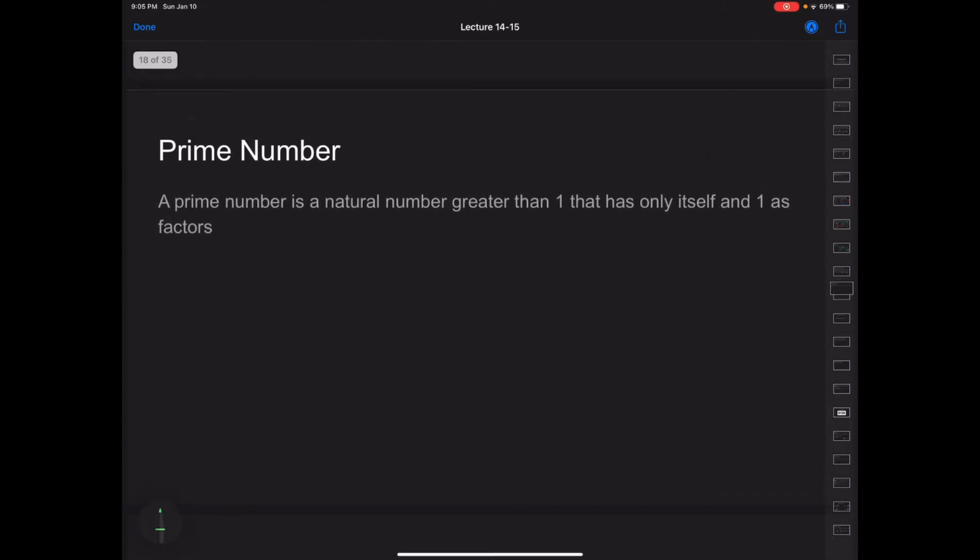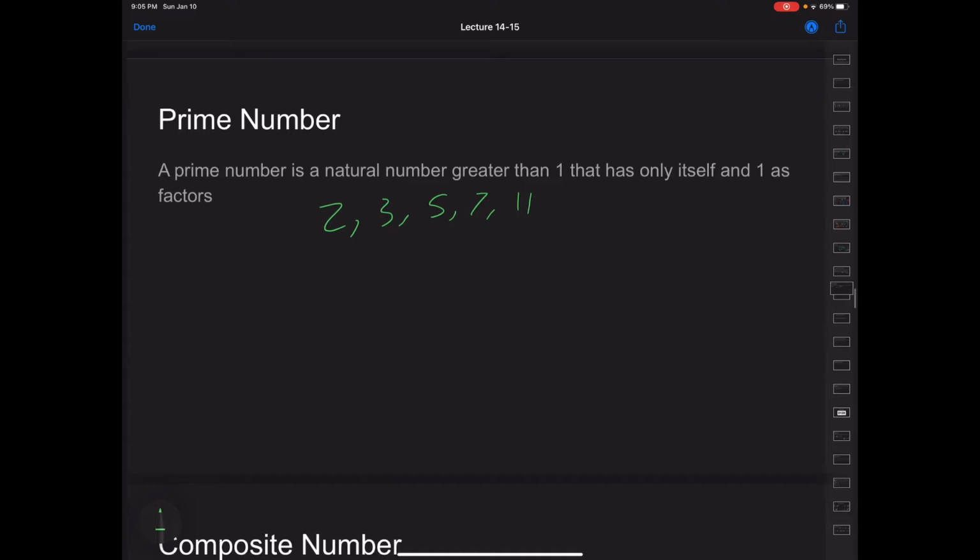Now we have a definition. A prime number is a natural number greater than 1 that has only itself and 1 as a factor. For example, greater than 1, so we start at 2. 2 is a prime number. 3, 5, 7. All of these are prime numbers. Then we skip up to 11. All of these are prime numbers because they only have 1 and themselves as a factor,